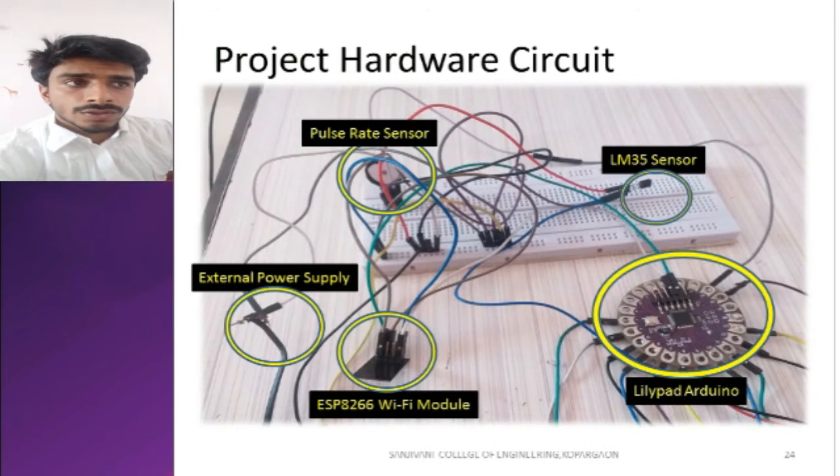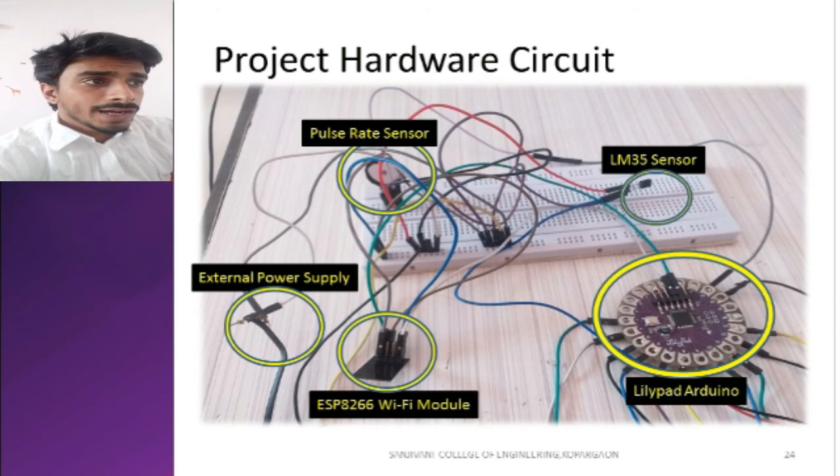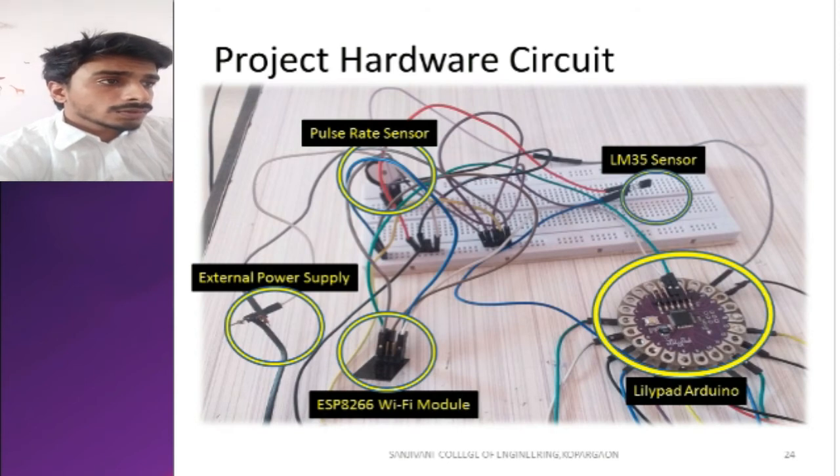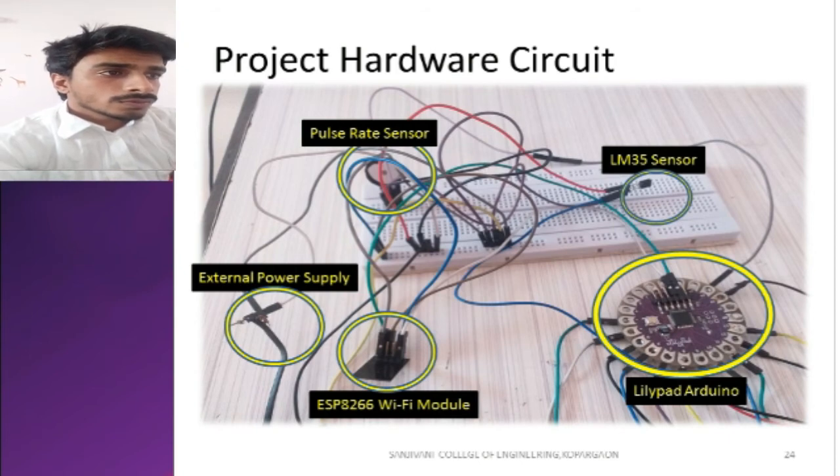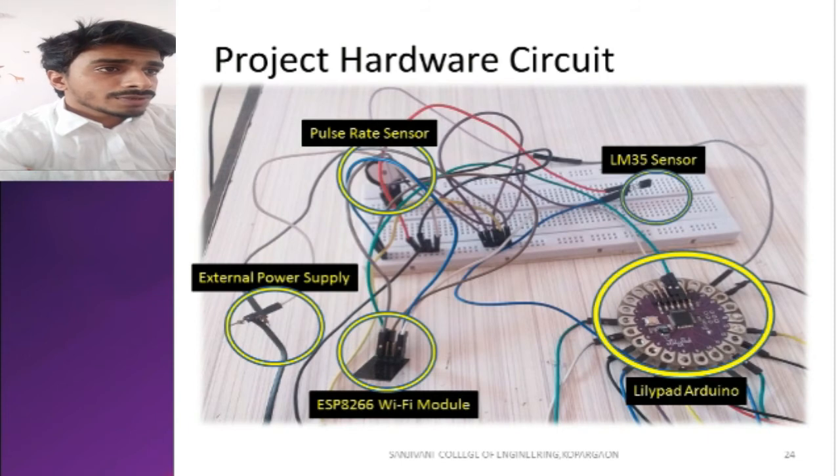This is the hardware structure of our project. The pulse rate sensor, external power supply, LM35, ESP8266 Wi-Fi module, and our LilyPad Arduino are all shown as yellow circles. We use an external 5 volt power supply to power the LilyPad Arduino, and we put our finger on the pulse rate sensor and the LM35 sensor so they can sense my body temperature